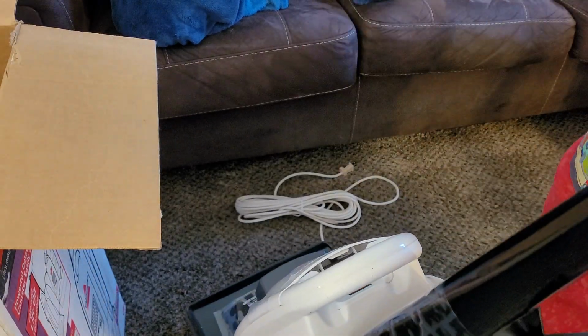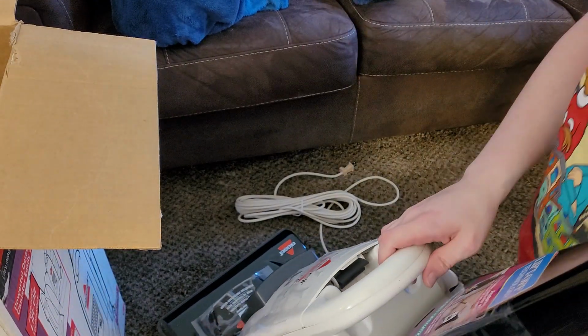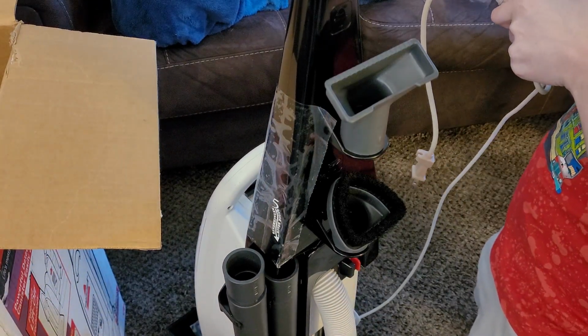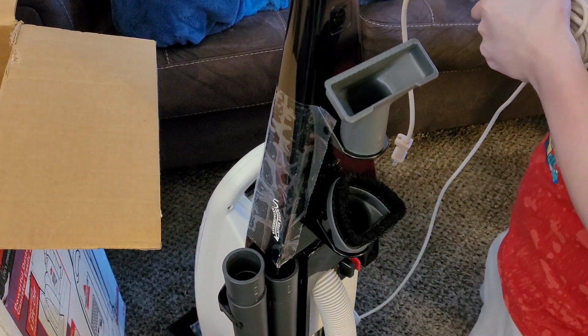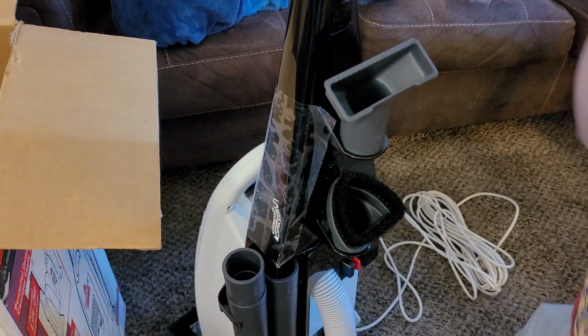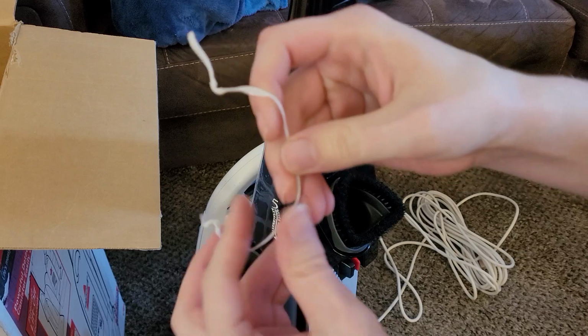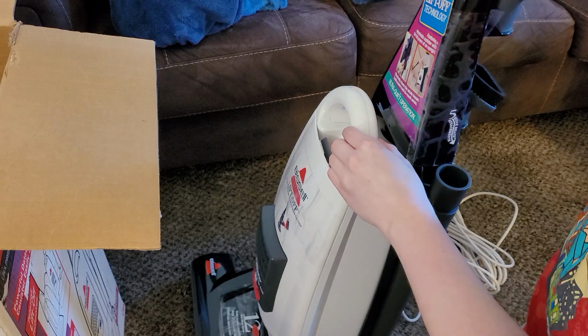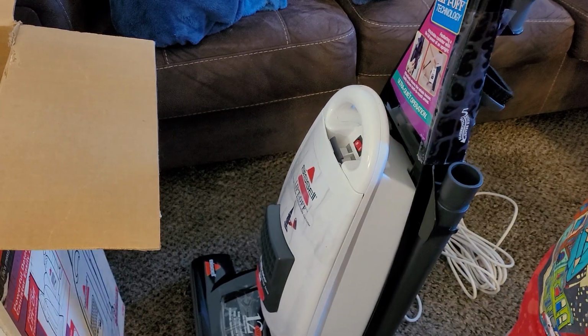Now, let's plug this in and see if it works. Because I want it to work. Please work. Plus, there's some cardboard dust that I've obviously gotten. And, of course, as you all know, if you watch Intellitech Studios, you know I always have to acknowledge the free twist tie. So, love that. This thing actually feels, other than, of course, the play with the liftoff mechanism,